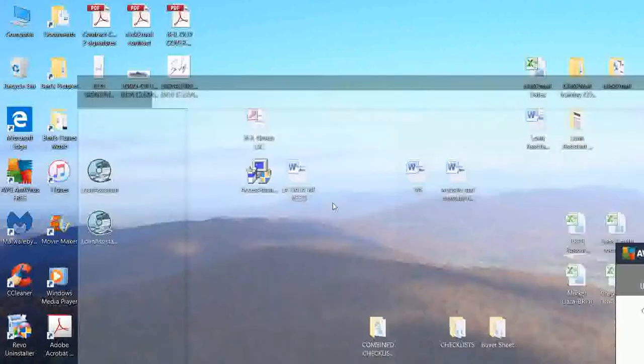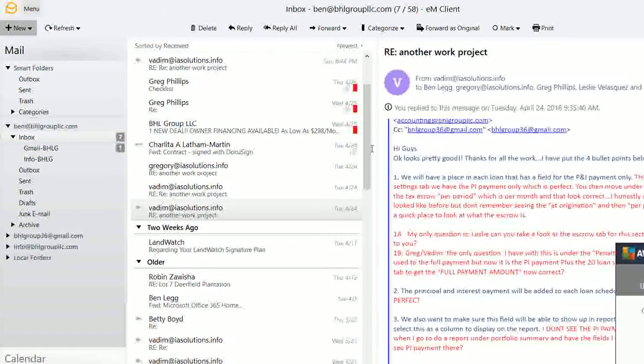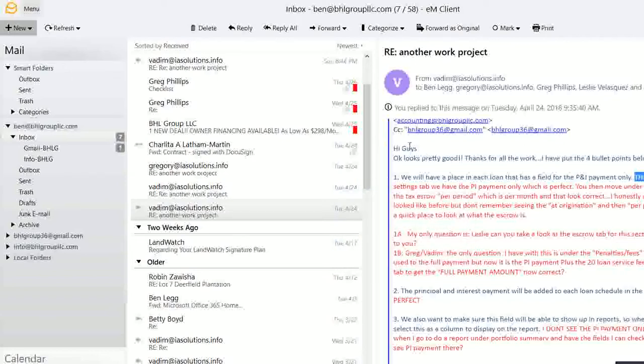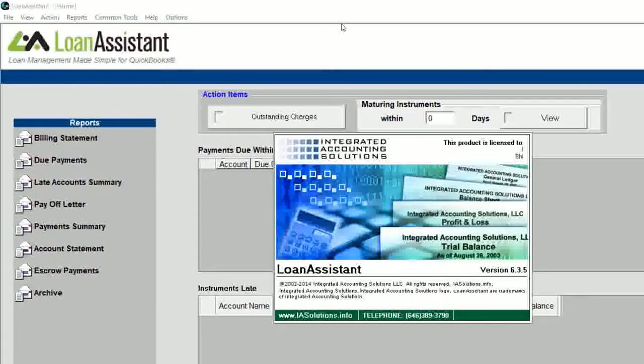So this is the file that you had done, and I had responded with this email that checked off that this looks perfect, which is the place for the principal and interest field only inside of the settings. This was 3 of the 4 things that were done with this file. So if we look at this one, just to give you a heads up,